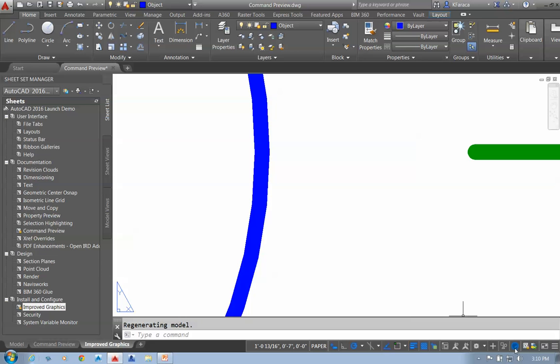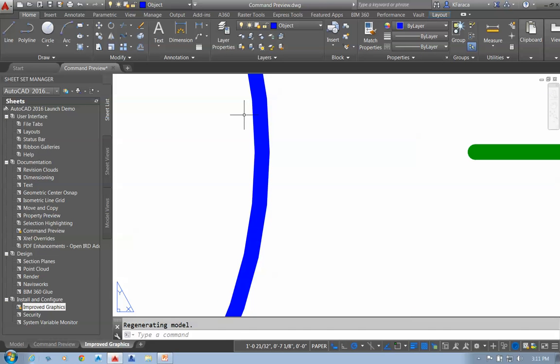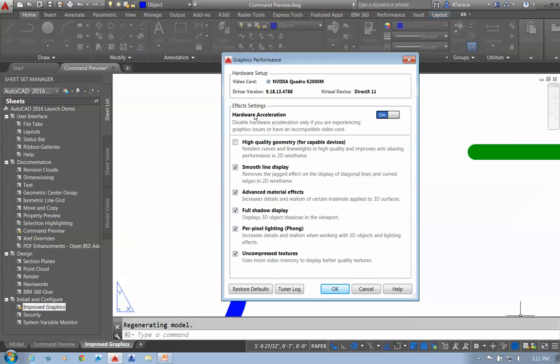In 2015, they added the feature of smooth lines, so I can go ahead and turn the smooth lines on. It does smooth it up. I don't get the sawtooth effect, but I still get a chord type effect, where it's creating chords instead of rounded lines. In 2016, we can go in and turn on, if you have a DirectX 11 compatible device, you can